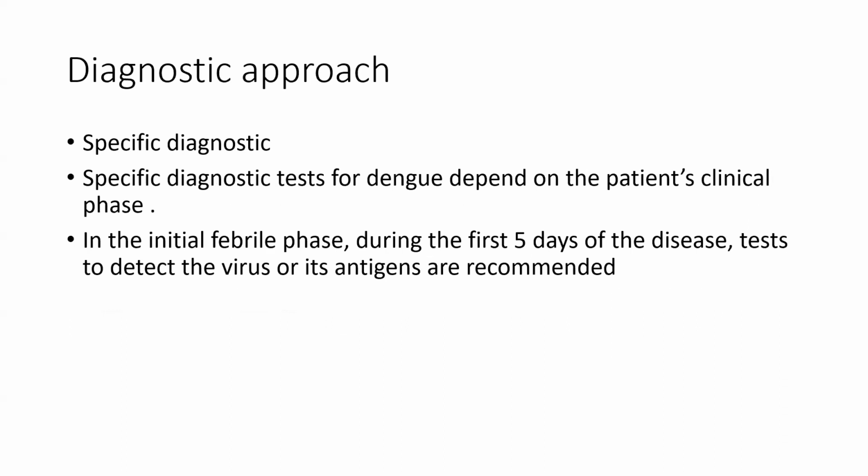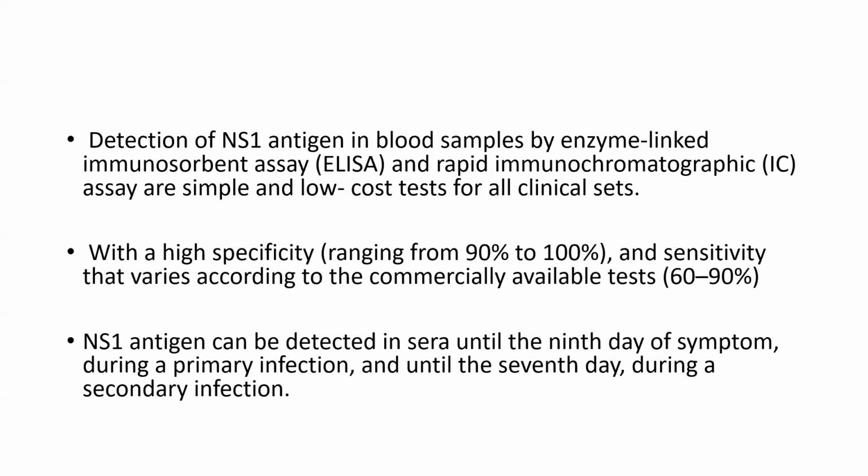In the initial febrile phase, during the first 5 days of disease, tests to detect virus and antigen are recommended. Detection of NS1 antigen in the blood sample by enzyme-linked immunosorbent assay and rapid immunochromatographic assay are simple and low-cost tests for clinical settings, with high specificity and sensitivity that varies according to the commercially available test. NS1 antigen can be detected in sera until the 9th day of symptoms during primary infection and until the 7th day